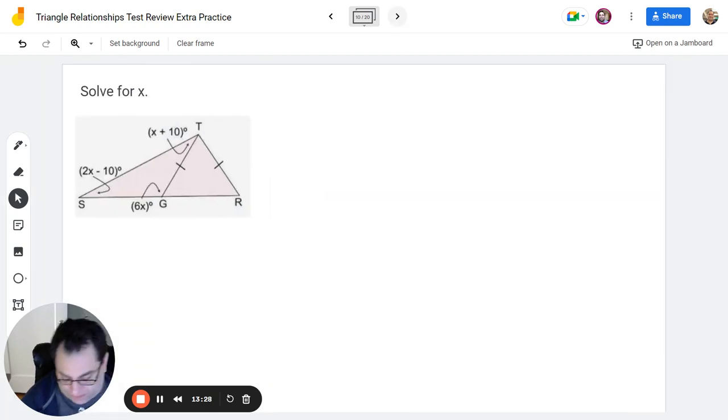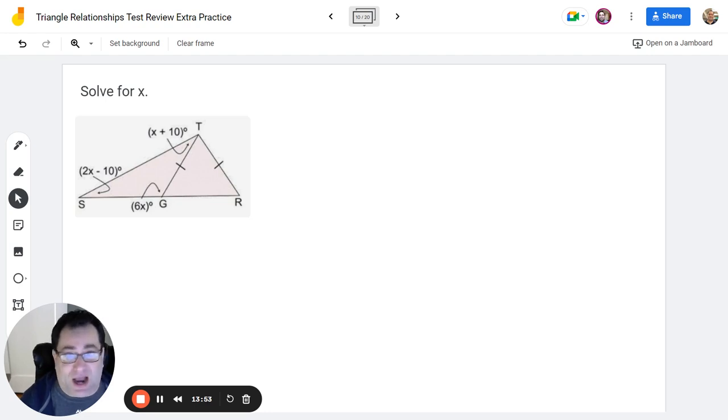So in question number 10, they have two triangles here, and they give us a bunch of information about the left triangle. And all they tell us about the right triangle is that it's isosceles. But the interesting thing about this problem is the isosceles triangle really doesn't play a role in the solution at all. So I'm looking at the left triangle only, and it looks like each of the angles is defined by